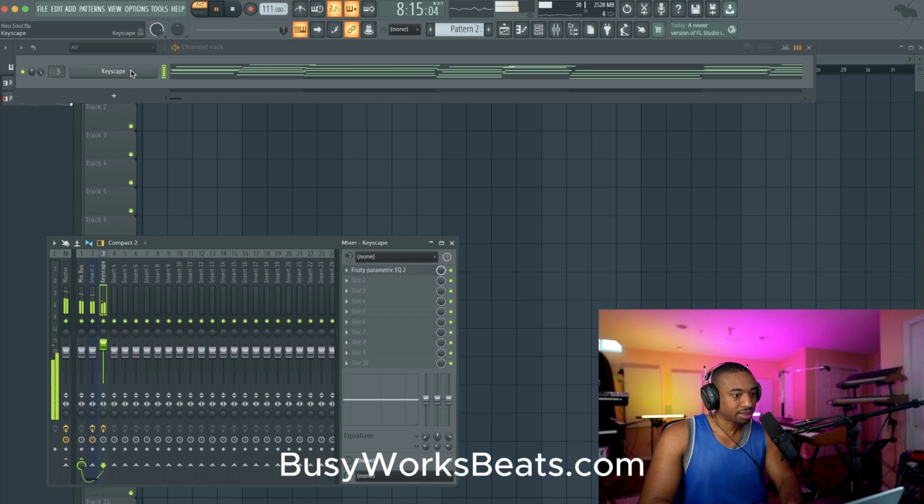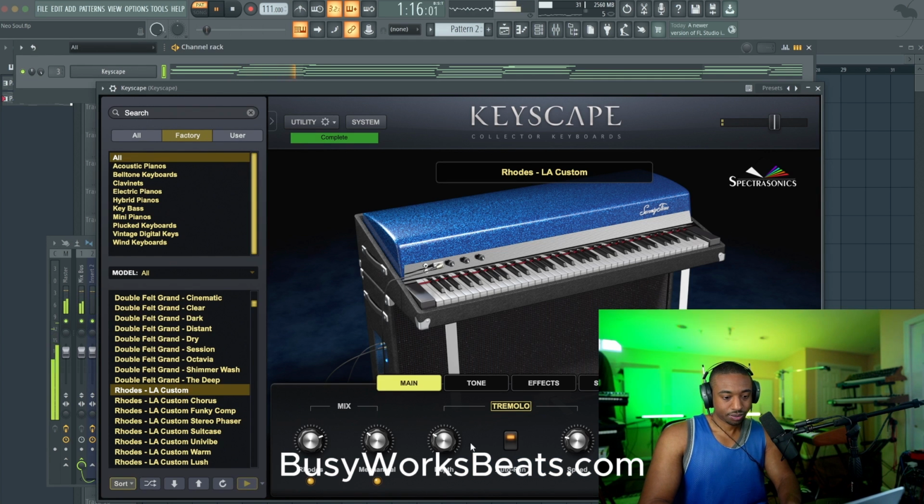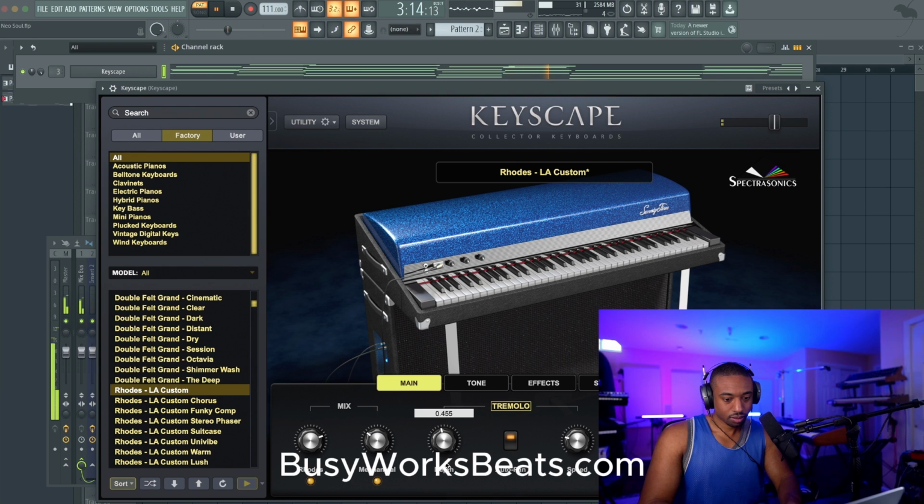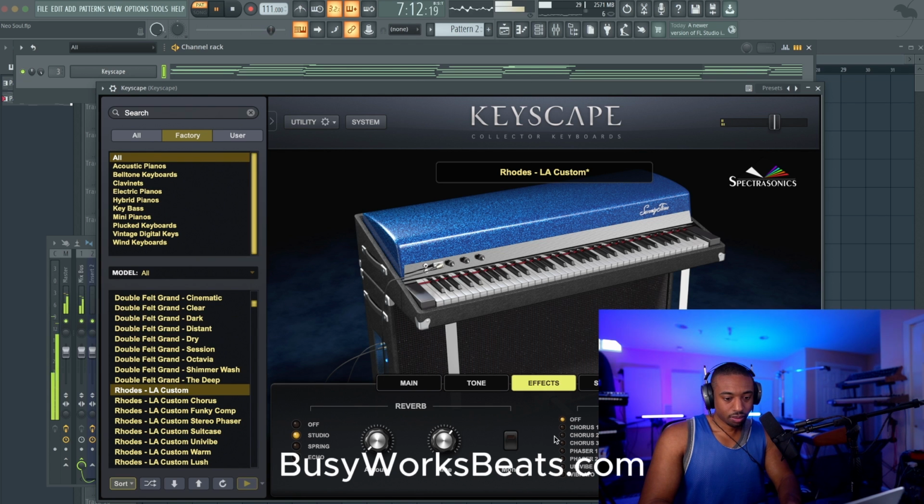Okay, let's see if we can exaggerate some of this tremolo effect. Add some chorusing for a vibe.